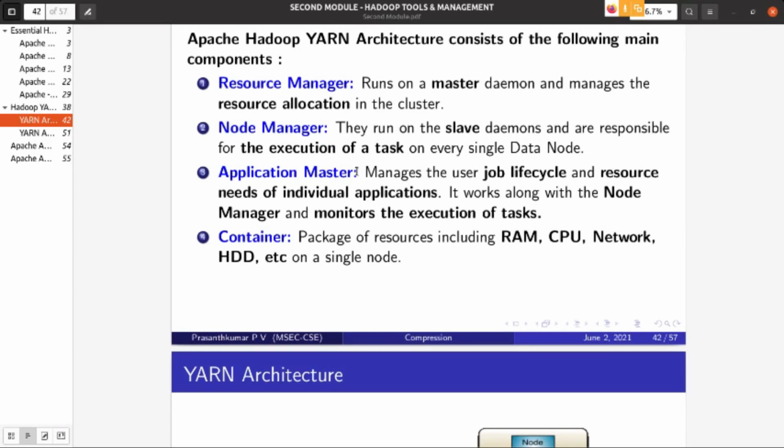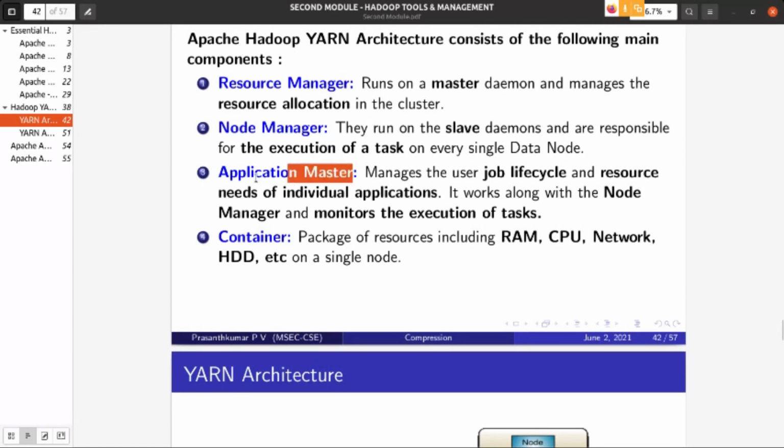So it manages the user's job. User means we are submitting the MapReduce application to Hadoop. It manages the entire life cycle of that job and the resource requirement of that job, monitors the progress of its execution, then consolidates the result. That is why its name is application master.